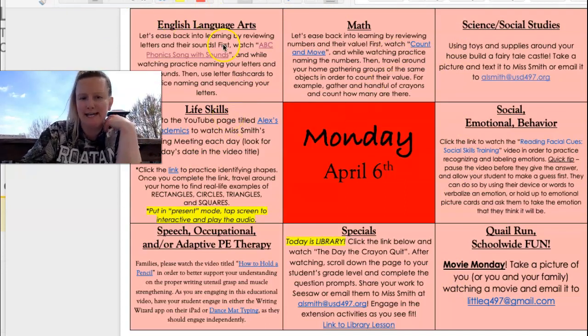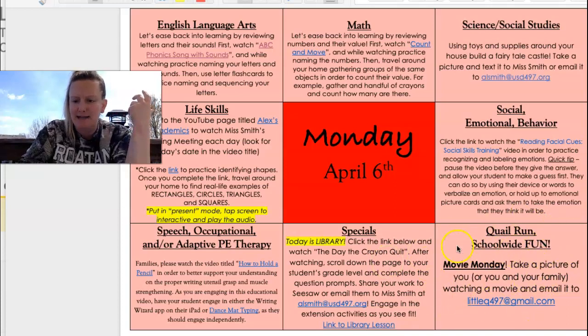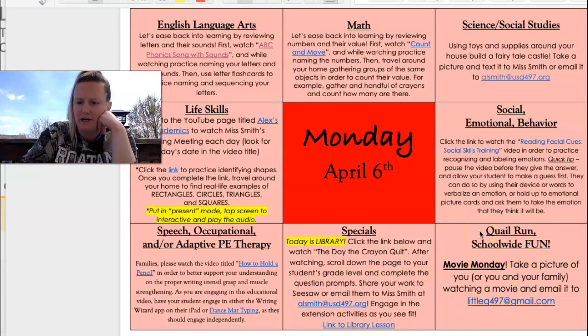So every day we hit ELA, every day we hit math, we hit science or social studies, we hit life skills, we hit social emotional behavior, and maybe not every day, but at some point in the week, every kid has speech, OT, and adaptive PE. They go to their specials with their gen ed peers. And then I have this box down here. This week, I added, our school's name is Quail Run, and I added the box called Quail Run School-Wide Fun, because we are doing a distant